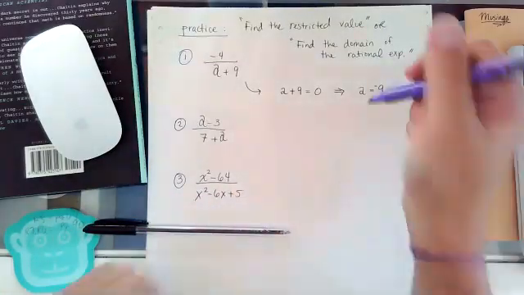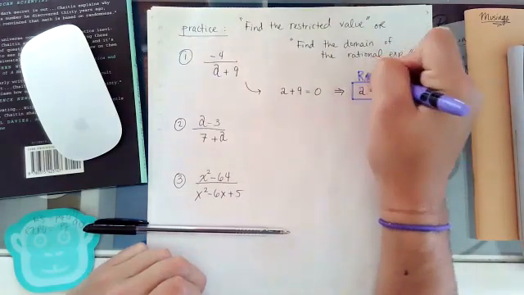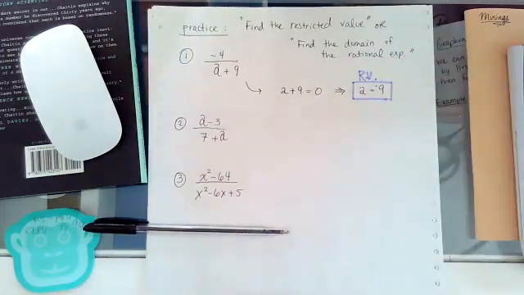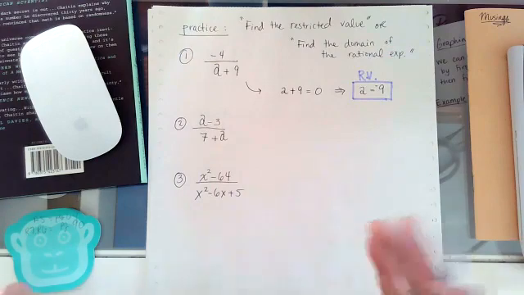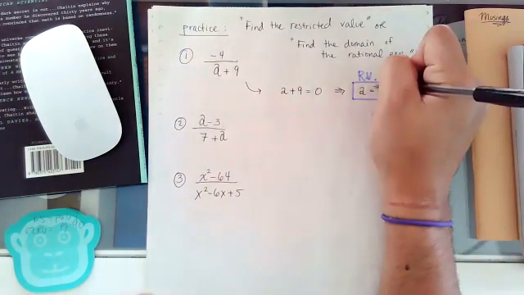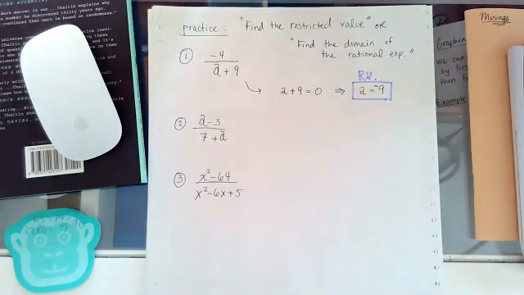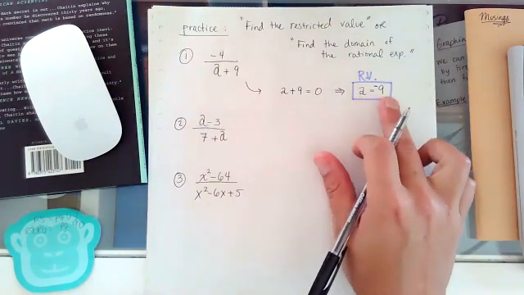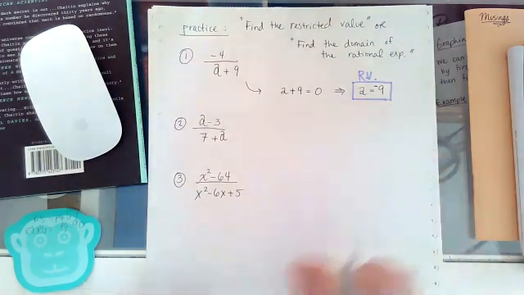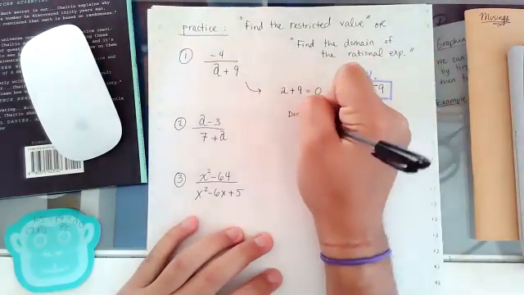Okay, so a lot of times what I'll do is I will put that a equals -9 is the restricted value in my notes. So whenever you see RV, it's restricted value. That's the same thing as putting that a cannot be equal to whatever the number is for that particular problem, okay? So if you label it as a restricted value, you could say that the restricted value is equal to this. Or a lot of times when they ask about the domain